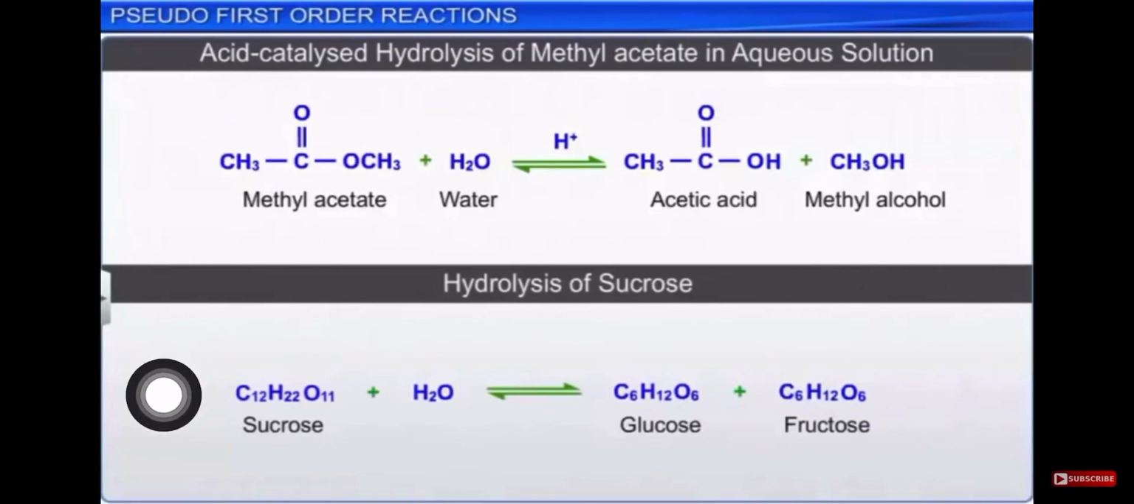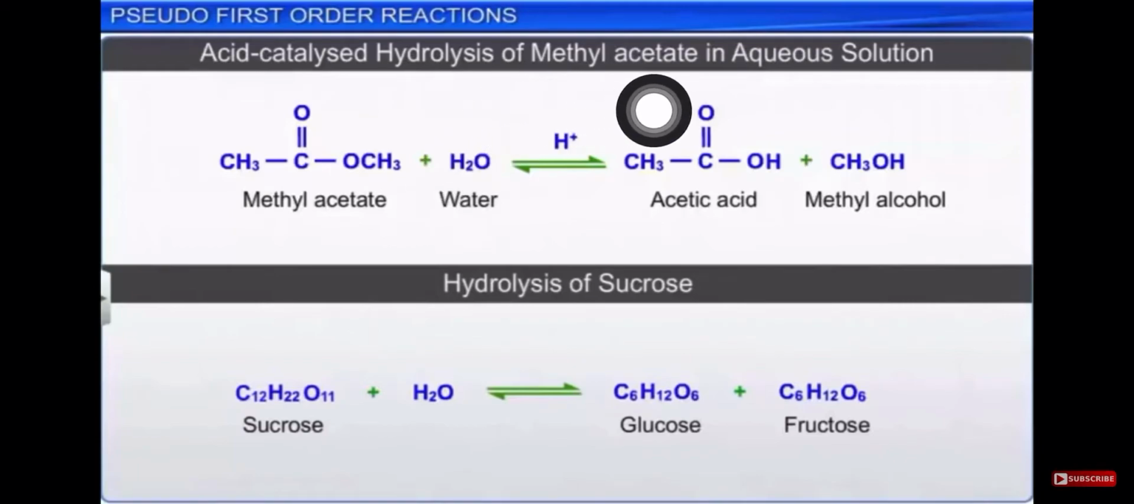These are two examples of a pseudo first order reaction, and I am going to explain with the help of them. Number one is acid catalyzed hydrolysis of methyl acetate in aqueous solution. See what is written here: aqueous solution, acid catalyst. Acid means positive ions, so here we have taken the positive catalyst ion, that is H plus. Hydrolysis means addition of water,